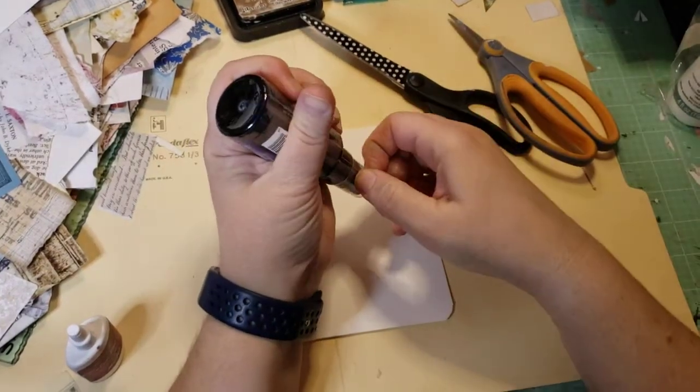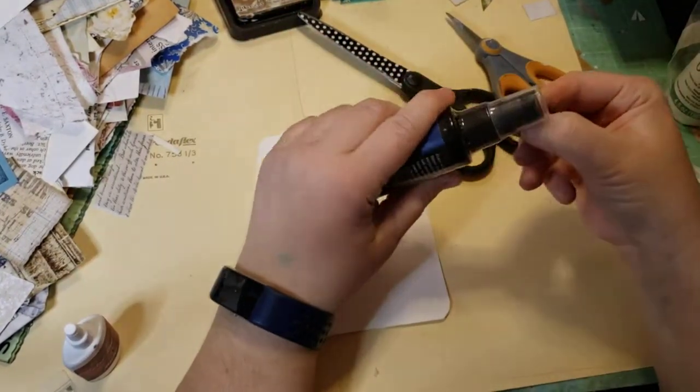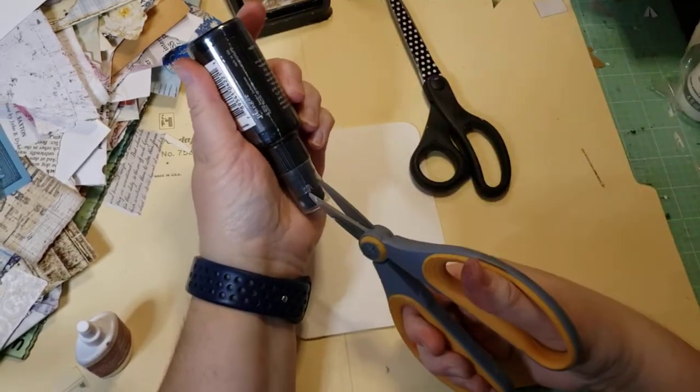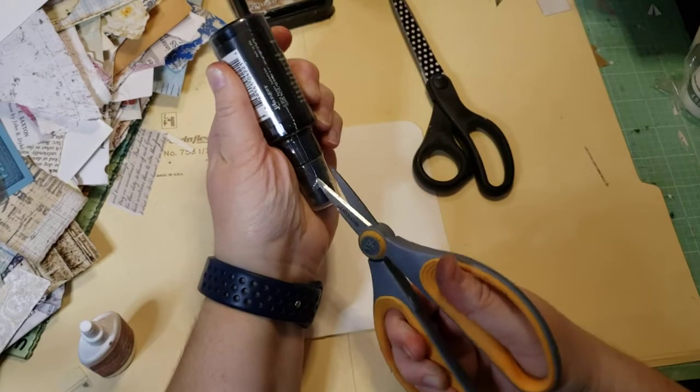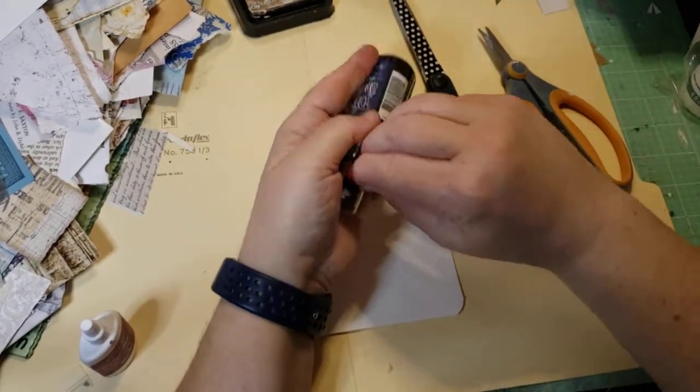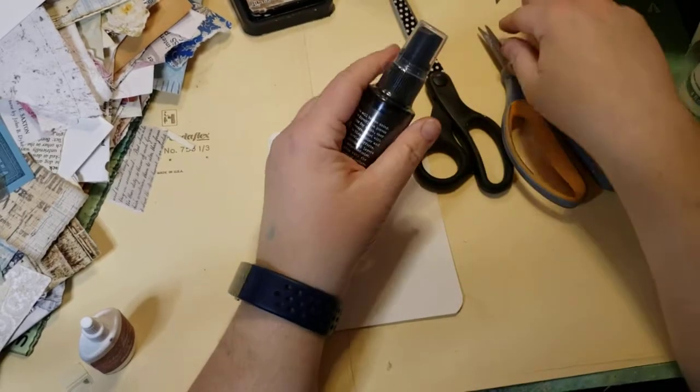Of course, this is stain. It's not the Distress ink or the Distress oxide, so I'm not going to be able to use water to get a mottled effect like I would if I were using the inks or the oxides. But I just want to add some color to my background,